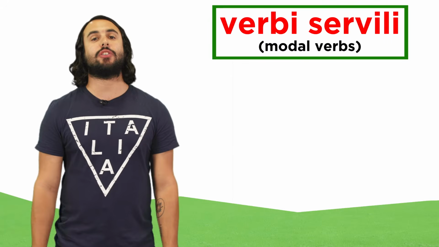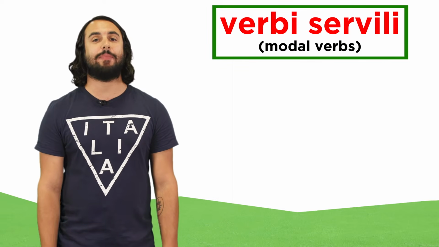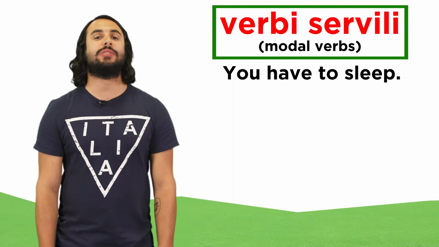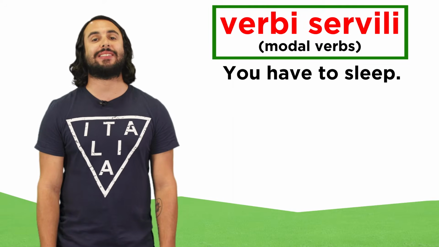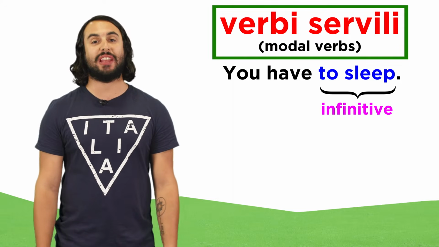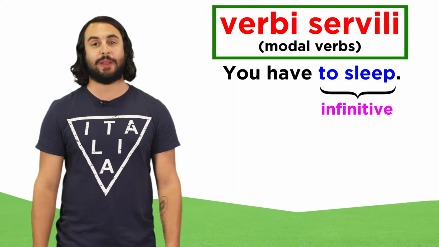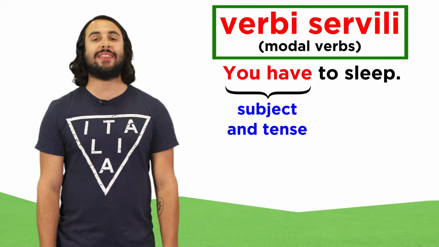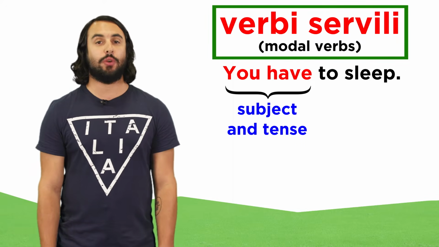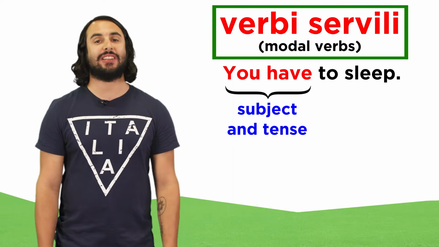In Italian, there are certain verbs called verbi servili. They have this name because they actually serve the verb that follows them. We use these in English when we say things like, you have to sleep. To sleep is in the form of the infinitive, so it doesn't give any specifics about who is sleeping or when. But you can find that information easily in you have to. It is you that we are talking about, and the time is now, because you have is in the present